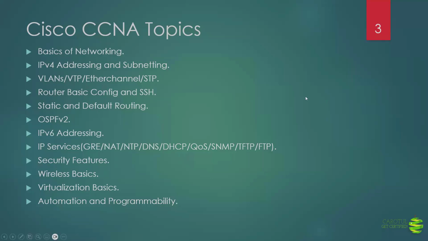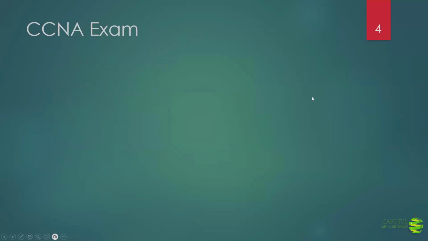So speaking of exam, what exactly is the CCNA exam? The CCNA exam has a code 200-301. This is the latest code they are using. It's a 120 minutes exam, so you get 2 hours. If you are from a non-native English speaking country, then you get 30 more minutes, so 150 minutes you will get. But if you are a native English speaker, you will get 120 minutes, which is also more than sufficient, because